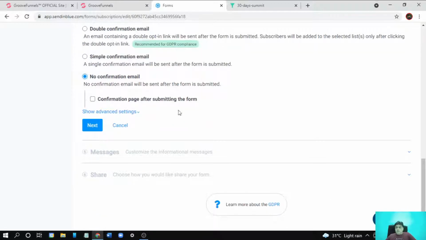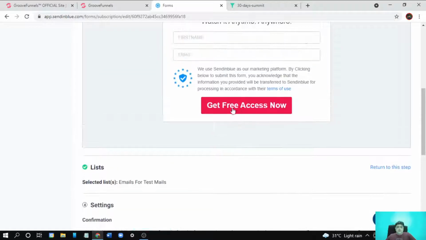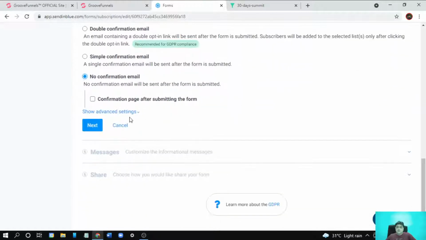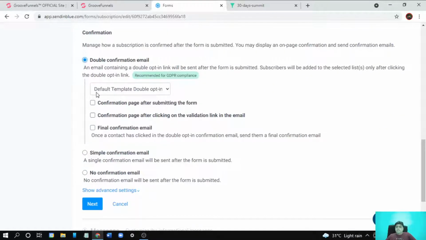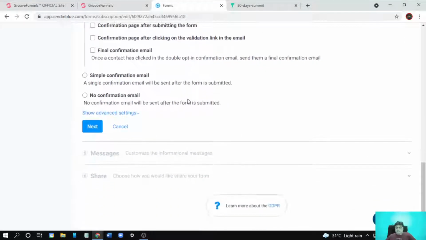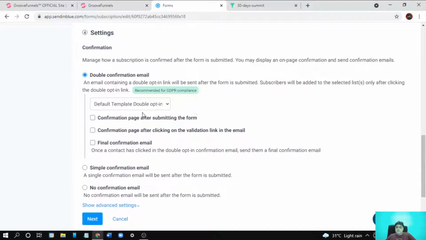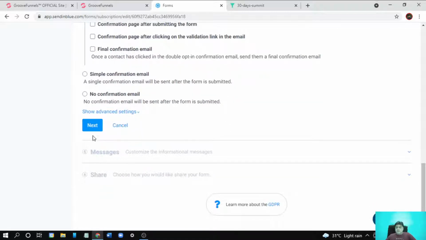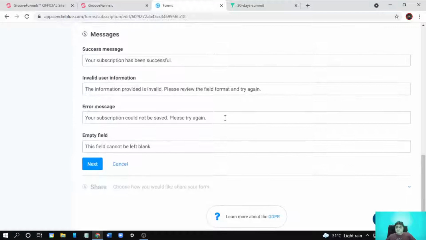Or no confirmation email, and you want to send them directly to any other URL, you can do that also. So you can customize the form as per your need. Just for the demo purpose I select the default template, double opt-in, then I select next. This is the default field,